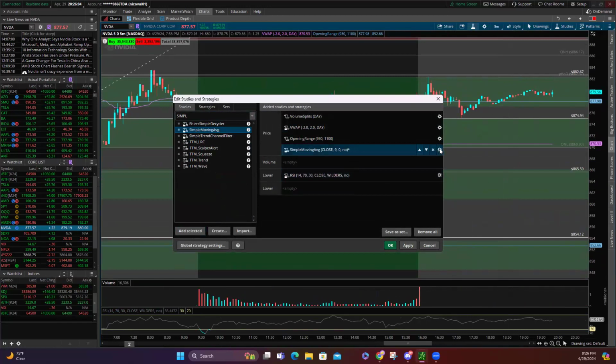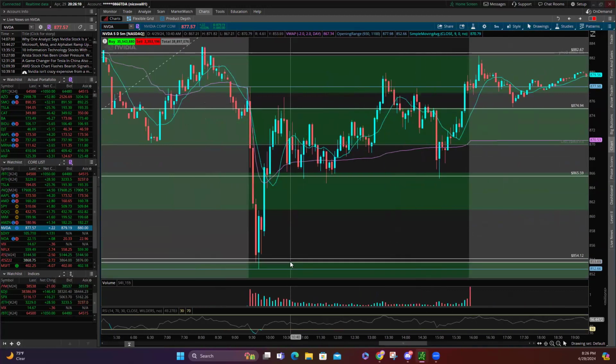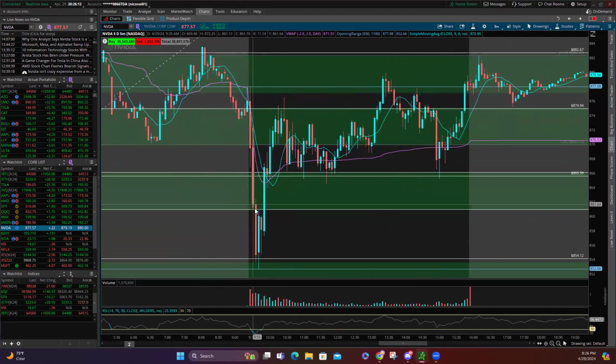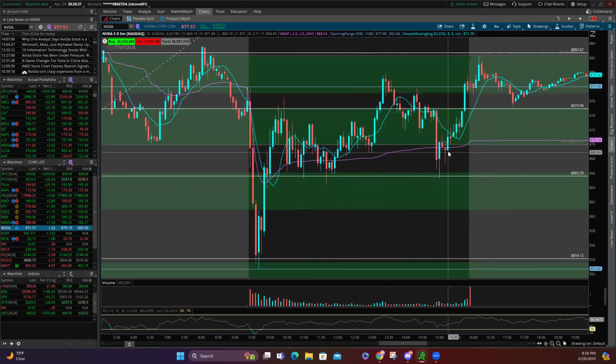Let's make it blue. So I have another color, and look, now I have a reference. So I know that when we break up VWAP, I've got to be careful when it's breaking up here and this starts to go down. I have to trim somewhere here, then it's closing by, and every time the indicators start to go next to each other, that's when you've got to be careful.